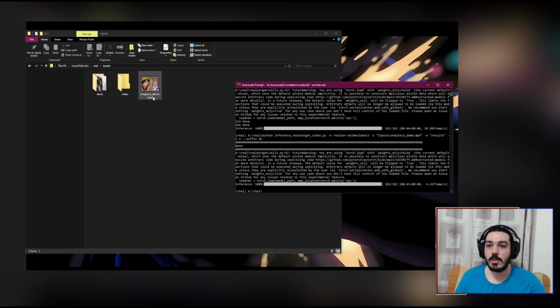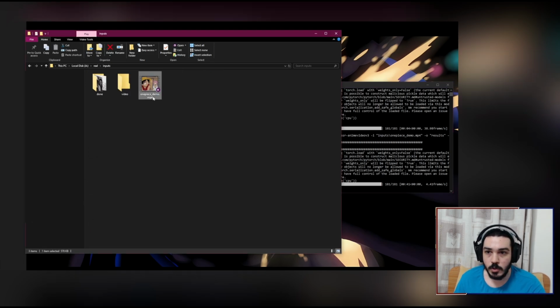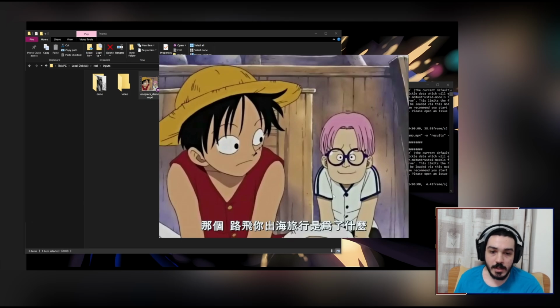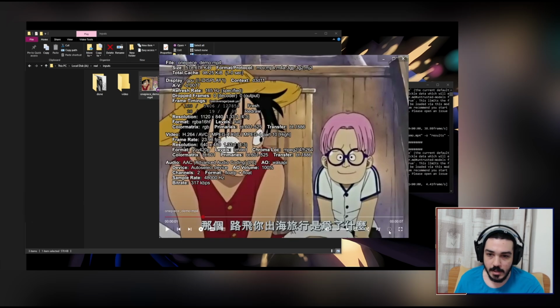One thing to keep in mind though is that this video is very low resolution, so if I open it in MKV and hit on the stats, you will see that the resolution is 480p. So the bigger the resolution, the slower this is gonna be. And that's why it's very important to speed up this process if you wanna upscale something, let's say 1080p into